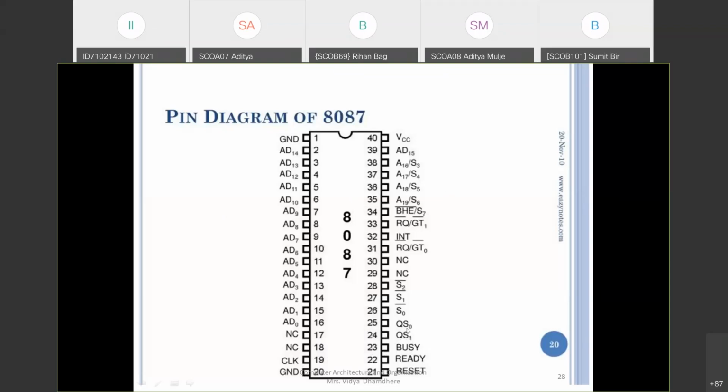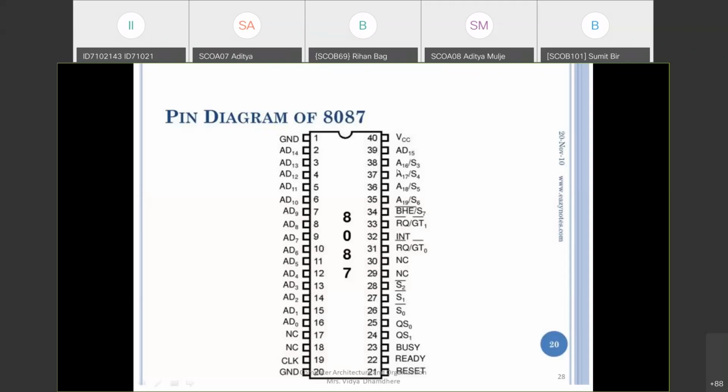QS1 and QS0 are used for setting the status bits. Then S0, S1, S2 are used for the status bits to represent the value. Again, pin numbers 29 and 30 are not used. Like this, all of these are used in the interface.